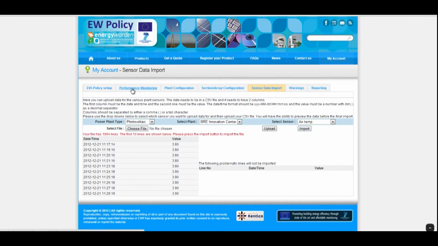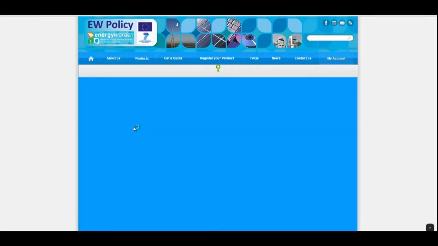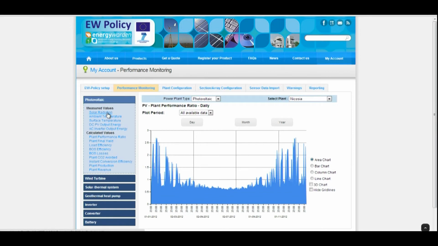The graphs of the plant operation and performance can be plotted by selecting the Performance Monitoring tab and specifying the measured or calculated values to be plotted, the plot period in the plot period drop-down menu, and the type of chart preferences. The measured values include solar radiation, which is the solar energy falling on the surface of the PV